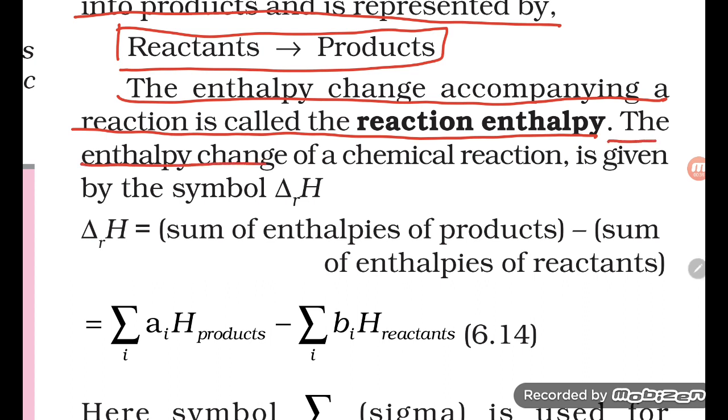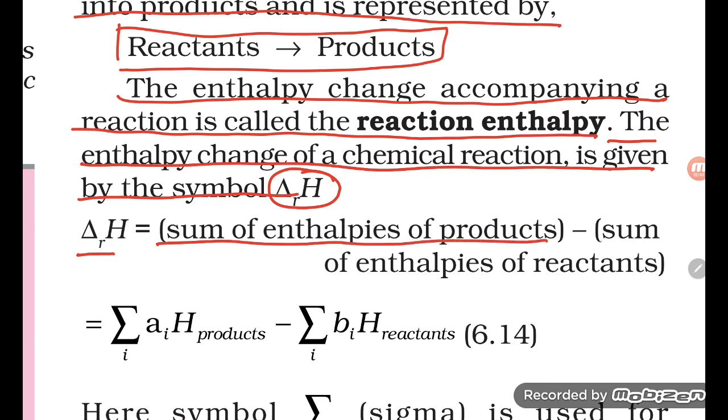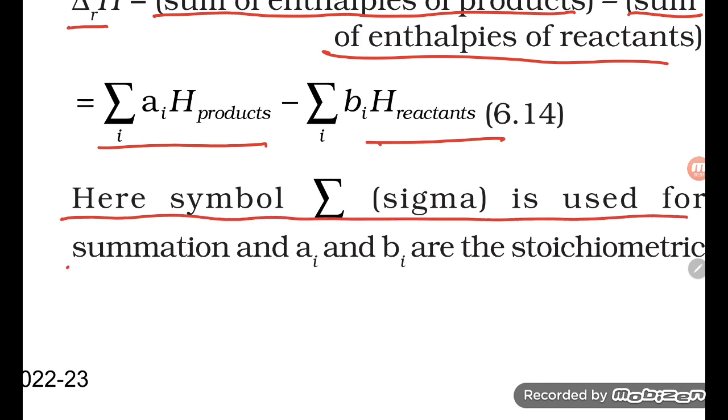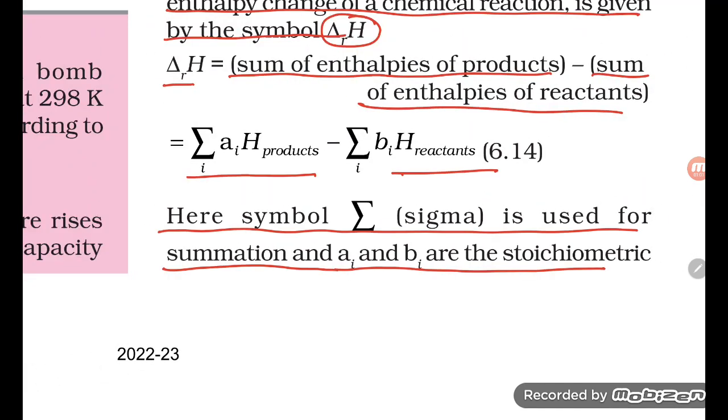The enthalpy change of a chemical reaction is given by the symbol ΔrH. ΔrH is the sum of enthalpies of products minus the sum of enthalpies of reactants. So that is ΔrH equals Σ aᵢ Hᵢ (products) minus Σ bᵢ Hᵢ (reactants). Here the symbol sigma is used for summation, and aᵢ and bᵢ are the stoichiometric